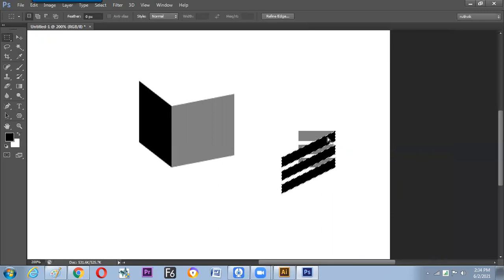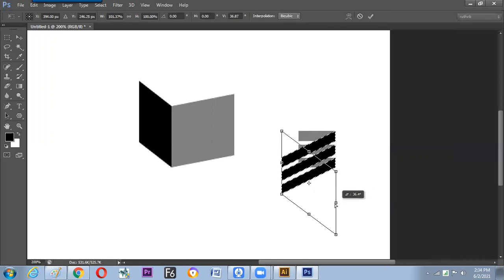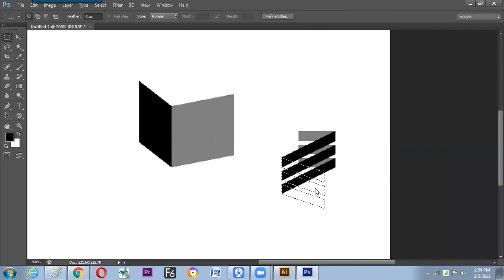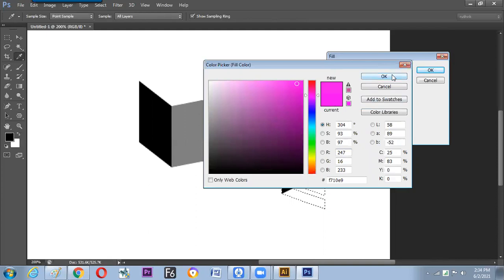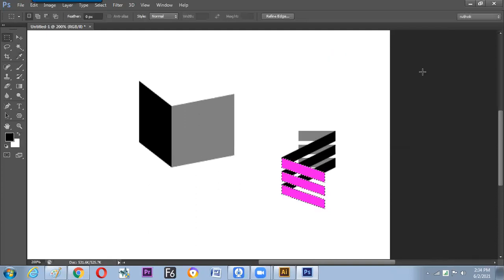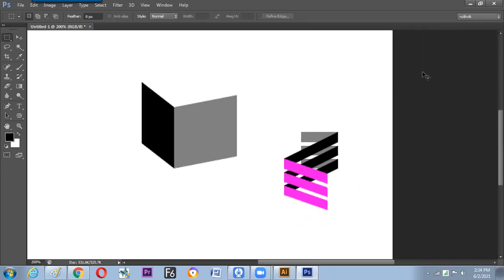So you can see now how a perspective look comes up. Transform selection, drag it up here in this way. And we can fill it with the other color. It may be white color, it may be any predefined color we want. You can get it placed there. So hope we have seen now how to make a perspective look on the screen through the same option. Previous knowledge and present knowledge fused together.